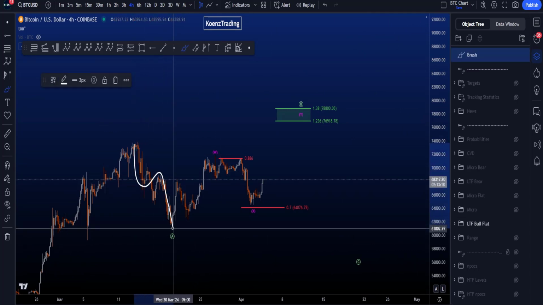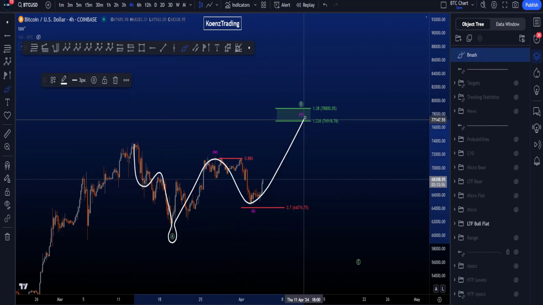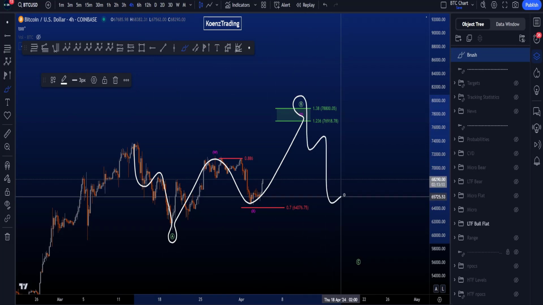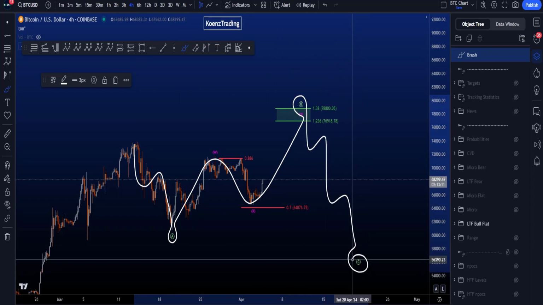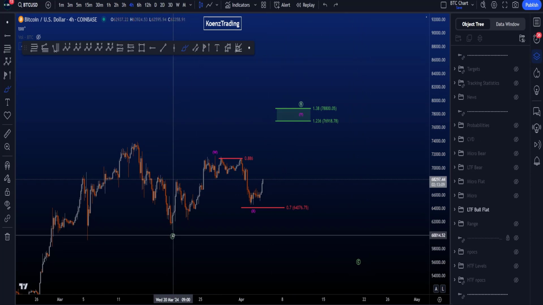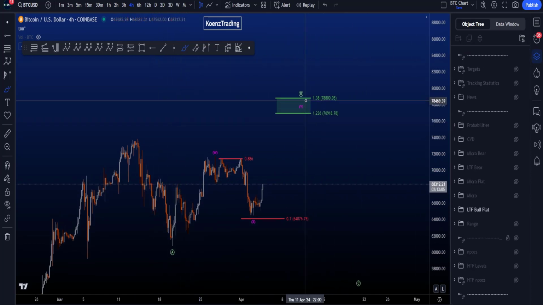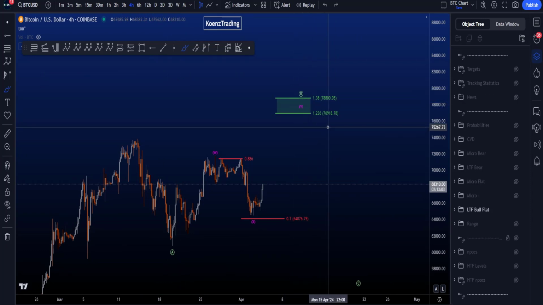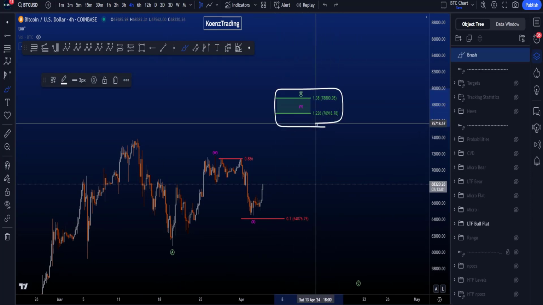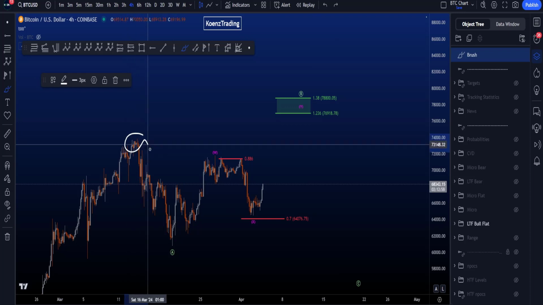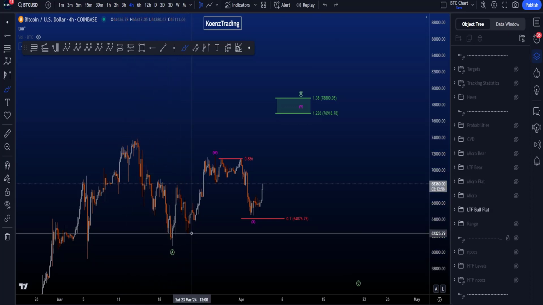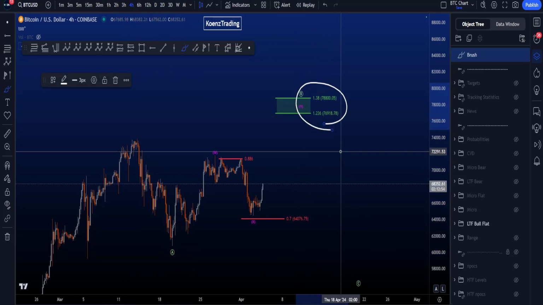A three-wave move to the downside in wave A, a three-wave move to the upside in B, and then a five-wave impulsive structure to the downside in a wave C, where we preferably want to see this wave C move below the low of this wave A. Common target area for your wave B is between the 1.236 and the 1.38 Fibonacci, taken from the high to the low of this wave A, sitting between 78.8k and